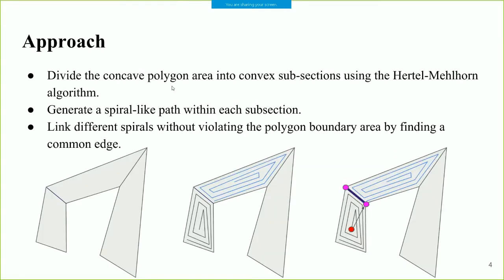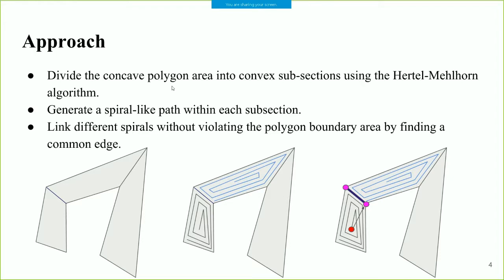For most of the cases, we cannot run the spiral path search on a concave-shaped polygon because the centroid will be outside the polygon and thus generate an unsafe path. Our approach is then to divide the concave polygon into a bunch of convex polygons so that we can generate spiral-like paths